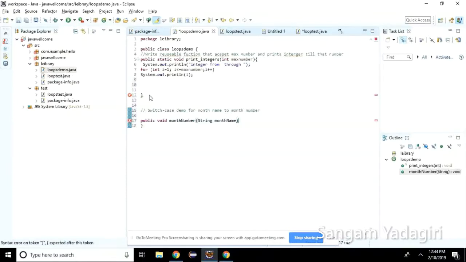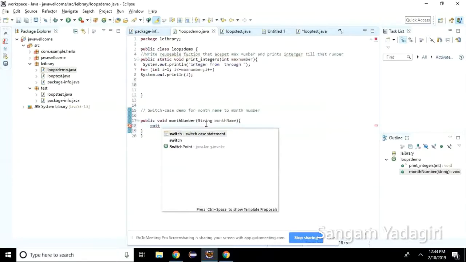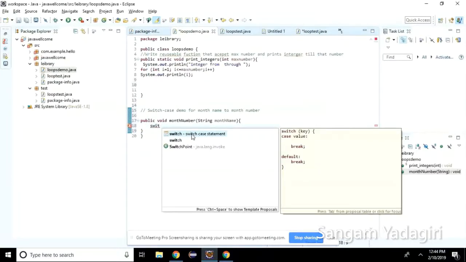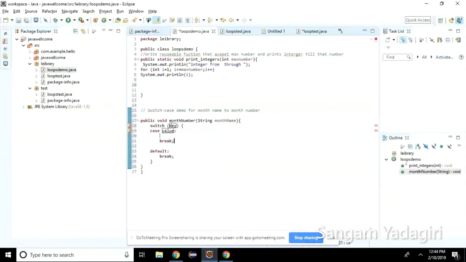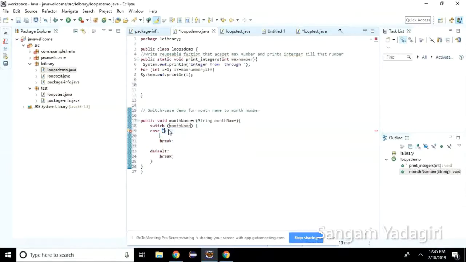Now I have to use a switch case. Type switch, then Ctrl+Space. You don't even have to remember the syntax, it will automatically show you. This is the syntax we are going to use. Just click on it and it will fill up. It's actually a template. Now the key is month name. So my key for the switch is month name, and then the case value. For example, if I enter something like January,